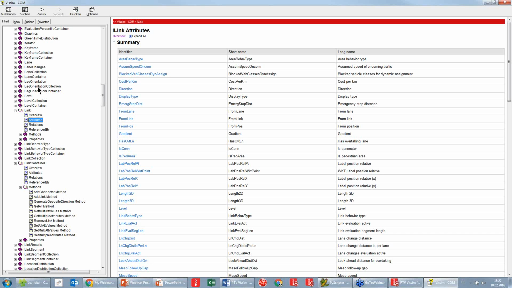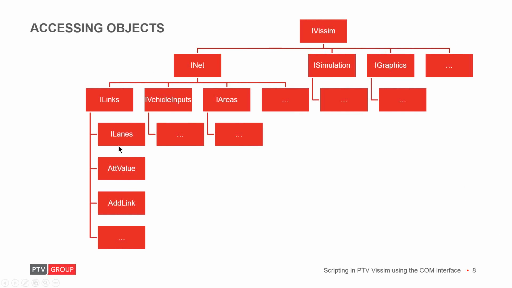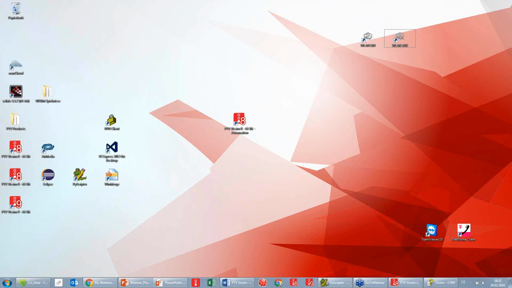So for an example, I've shown that before here. If you want to access iLanes, you need to know the parent object of iLanes is iLinks, and from iLinks I have to go to iNet, and from iNet I have to go to iVissim. And this is documented in